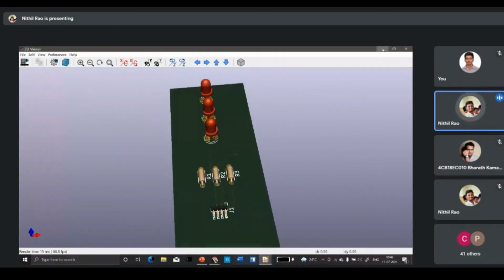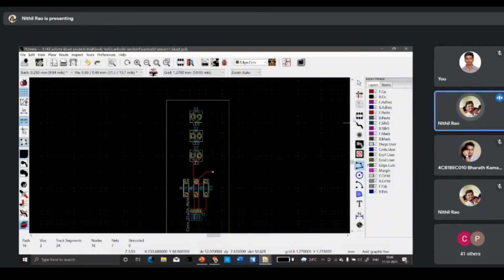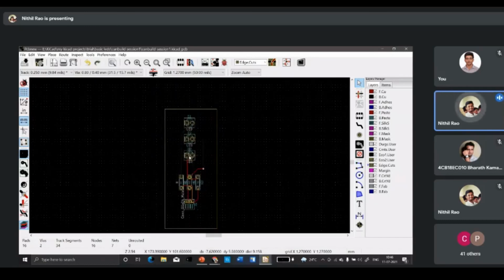Now, troubleshooting. How are we going to face some kind of situations? For example, a person has told you that he wants to add more components. You have already done the circuitry, but you want to add one more component. For example, the client says that he doesn't want to stick the PCB. He wants to mount it. For that, he needs 4 holes in this. There is an option called mounting hole. You can attach holes to the PCB.